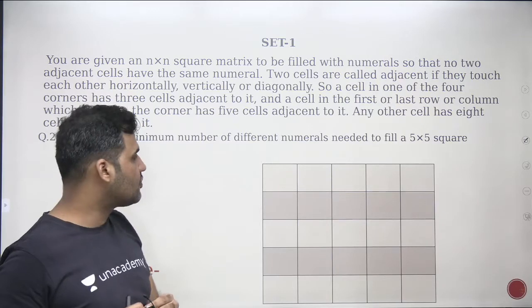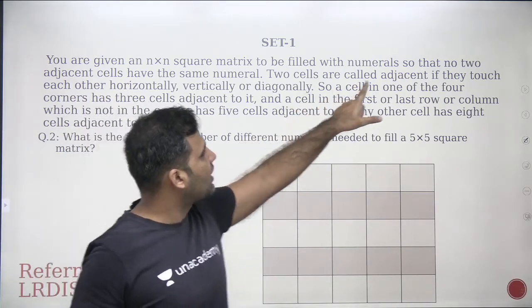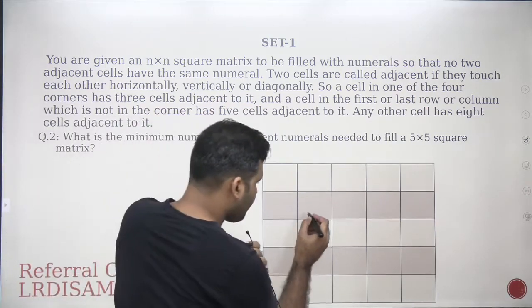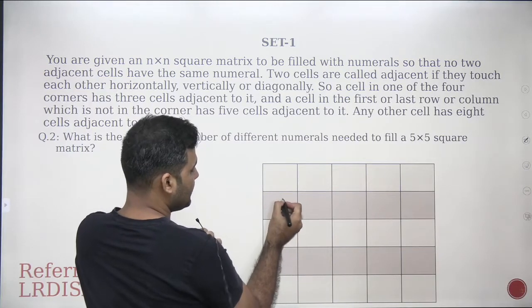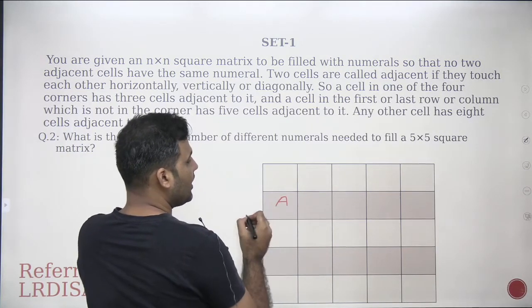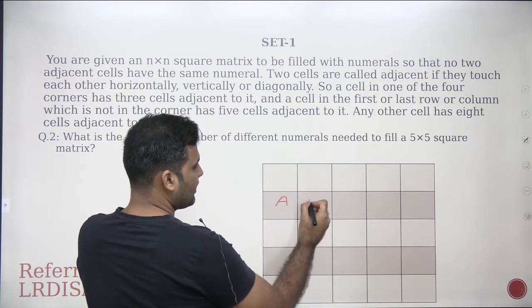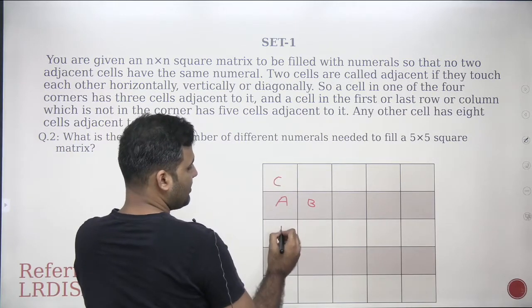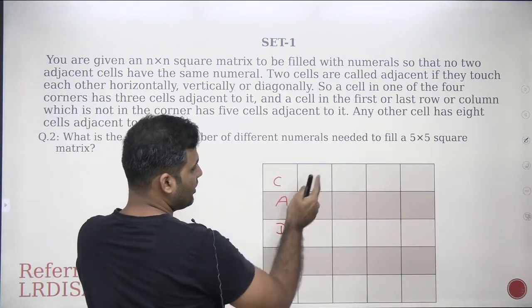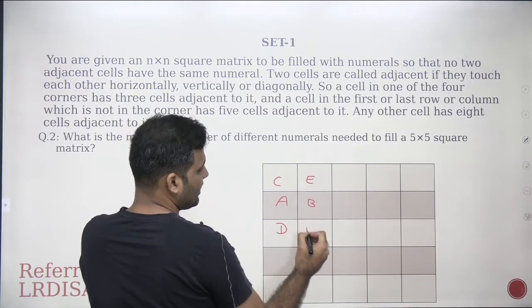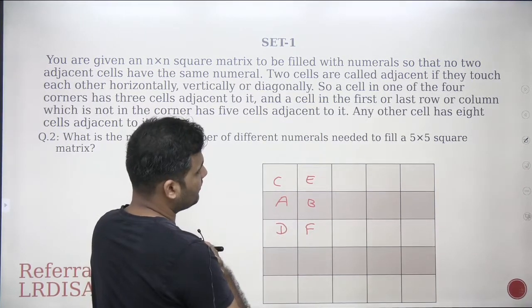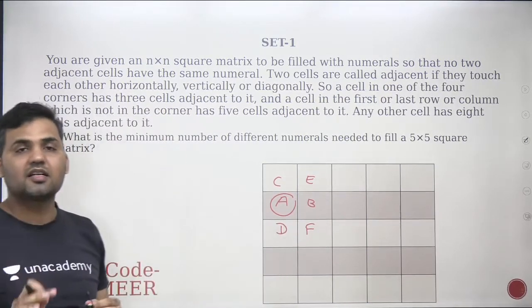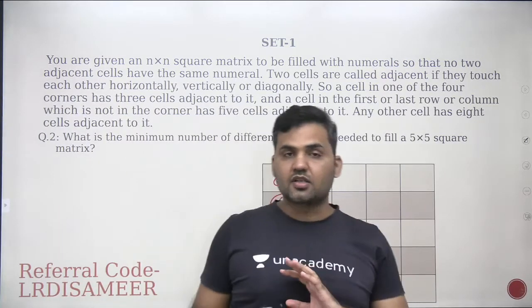And the meaning of the word adjacent is that two cells are called adjacent if they touch each other horizontally, vertically, or diagonally. For example, in this case, if I want to find out how many cells are adjacent to this cell, let's say this is cell A. Now you see that if I look horizontally, cell B is adjacent to this cell. If I look vertically, cell C and cell D, right, they are adjacent to this cell. If I look diagonally, cell E as well as cell F is diagonally adjacent to this cell. So this particular cell has 1, 2, 3, 4, 5 adjacent cells. That's the only concept that you need to follow in this whole set, right?